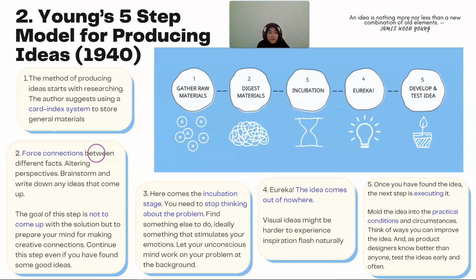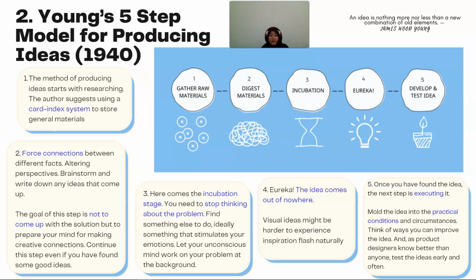Okay, number 2. The model for the creative process number 2, which is Young's, suggests 5 steps. Wallace suggests 4 steps, but Young suggests 5 steps. What are the 5? Actually, it is almost the same as Wallace. But Young has proposed 2 different steps for the first step proposed by Wallace,